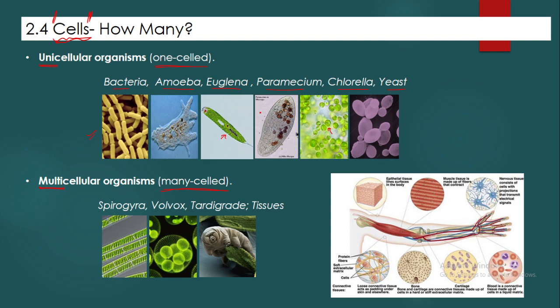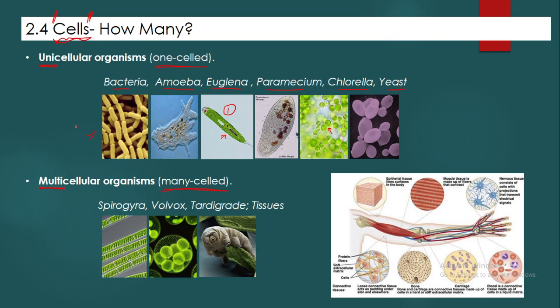So these are all made up of a single cell. If you look at them through the microscope, it may seem like this is one very big structure, maybe it is more cells. No, this is only one cell. One cell is one organism. It is able to do all the functions by itself, one independent organism. Therefore it is unicellular.